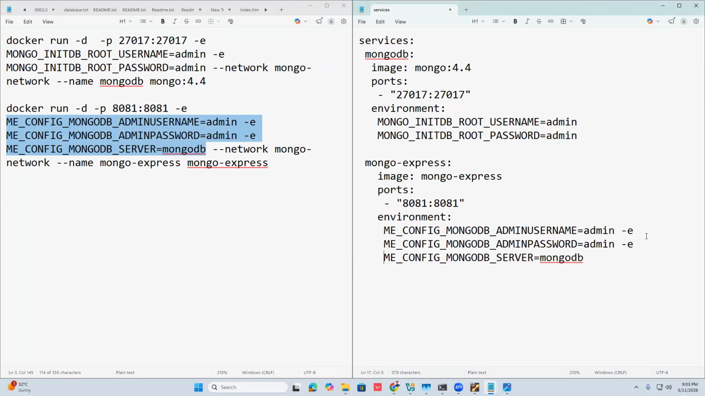Okay. I hope, and you have to remove this ease. Okay. The only thing that I didn't do here is mapping the network or creating the network using this command,